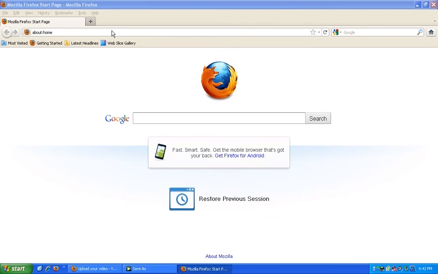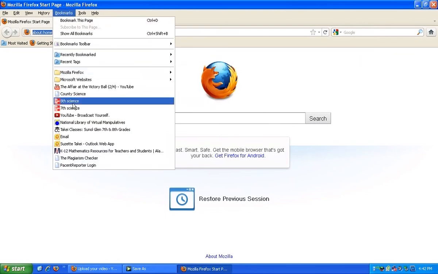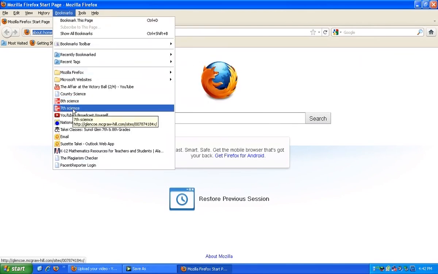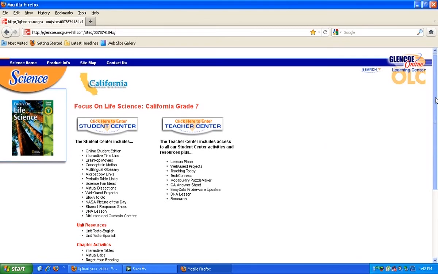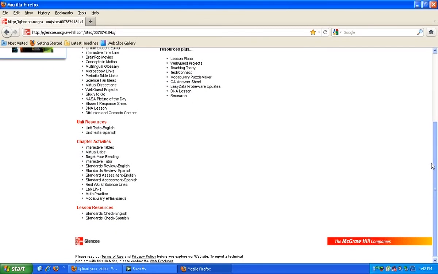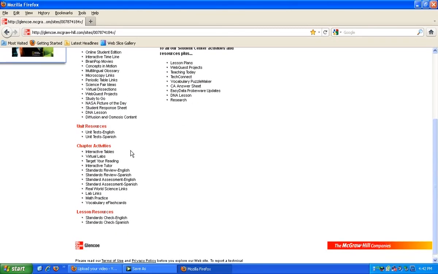The virtual labs. So your homework assignment is the virtual lab from your science textbook, and we're doing the lab for chapter 1. So we want to remember that we should have bookmarked already our 7th grade science. So I'm going to go to my bookmark, and I'm going to pull up 7th grade science, and I'm doing chapter 9. So I know that I want to do a virtual lab, so I'm going to click on the